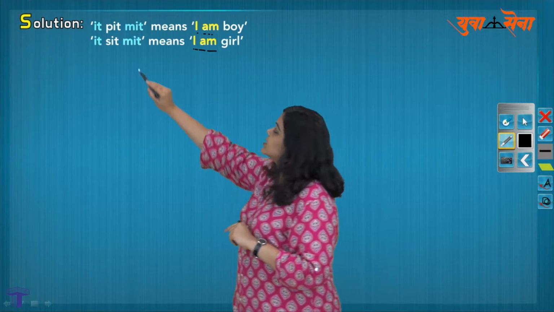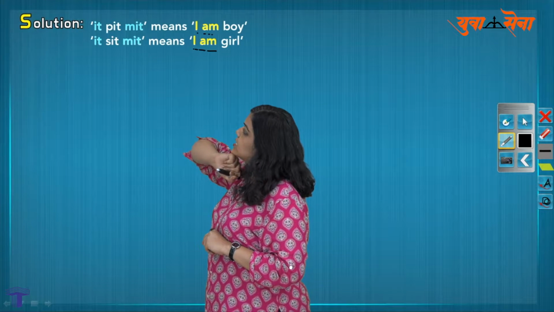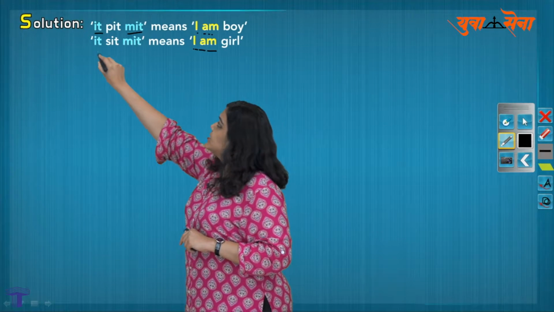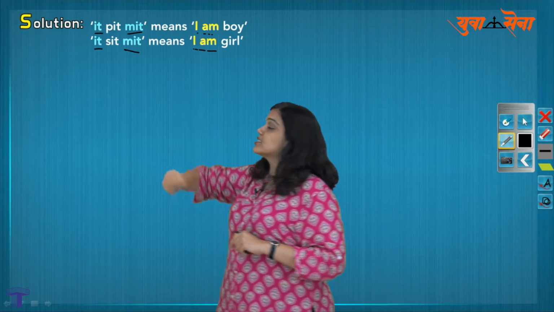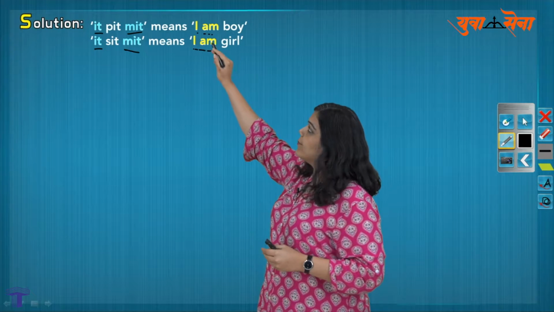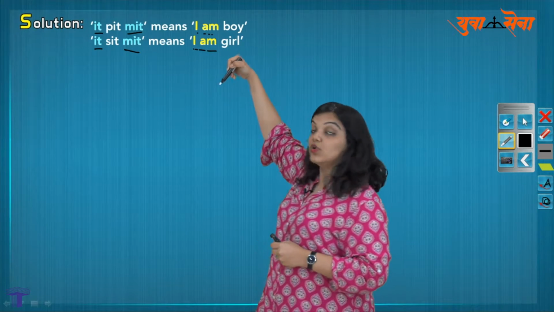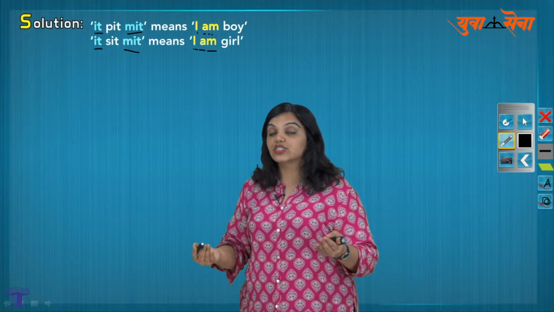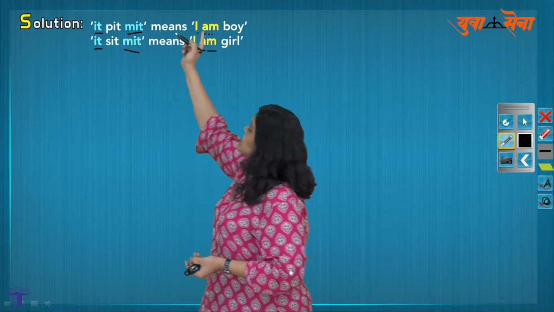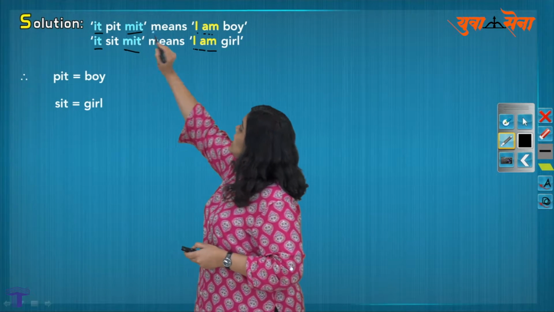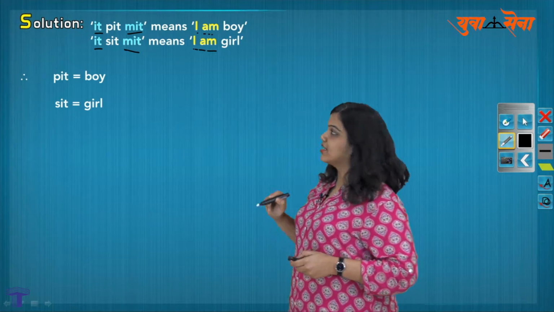Now if I look at the translated language, I can see that there are two words which are repeated in this language also, and they are the words it and mit. Therefore, they must represent the words I am, because I am is repeated in the original language and it mit is repeated in your translated language, and so these two words must stand for I am. So I can say that it mit stands for I am,